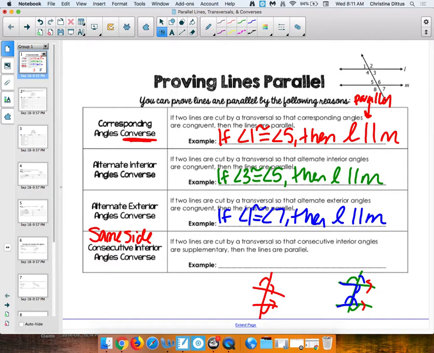My same side or consecutive interior, name a pair. 3 and 6. 3 and 6, good. What do I know about them? Are they equal or supplementary? Supplementary. This one looks a little bit different then because they're not equal. We're going to say if, and then the technical term is the measure. That's what M stands for. The measure of angle 3 plus the measure of angle 6 equals how much? 180. And then the back part's the same. Then L is parallel to